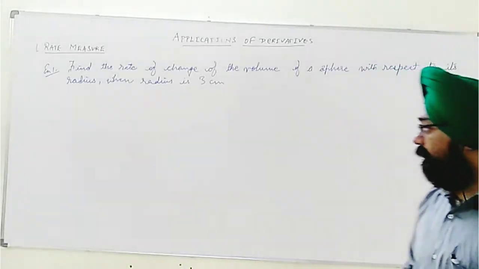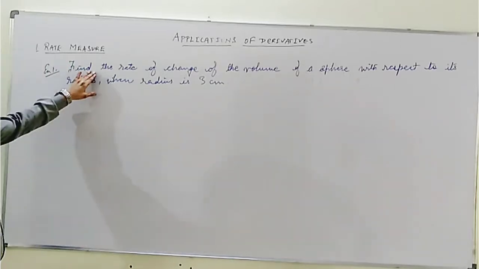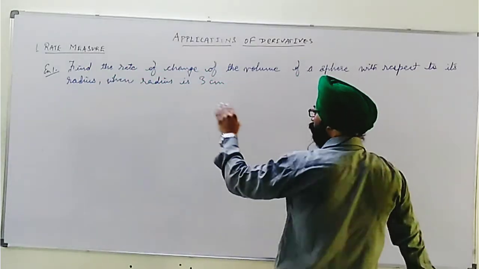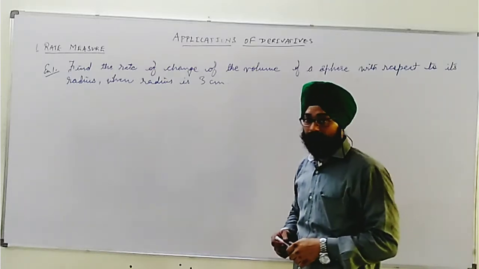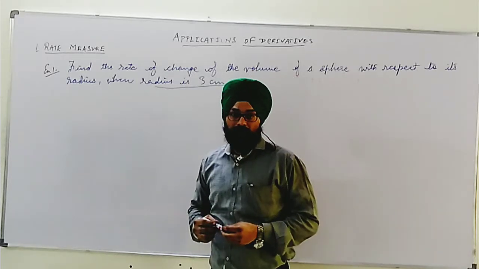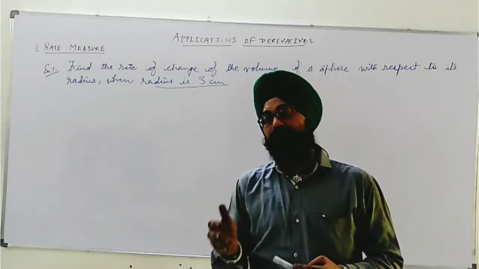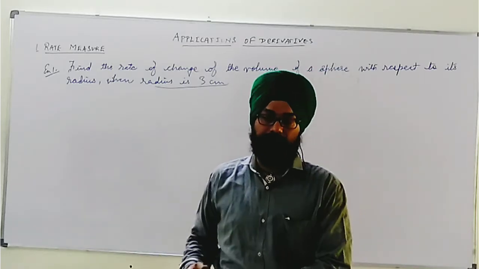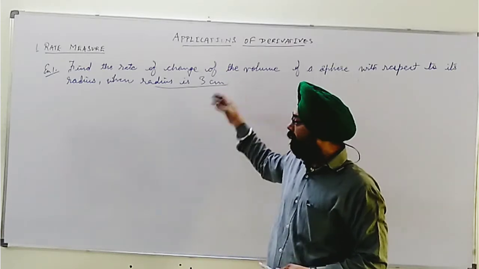This example we can consider one of the easiest things for the beginning. Find the rate of change of the volume of a sphere with respect to its radius, when radius is given at 3 cm. First thing you should note down that whenever you are given this, radius is 3 cm, it's a condition, and this will always be used at the last of the solution. Whenever we are done with all the differentiation part, only then will we substitute the value given. It's a particular condition at which we have to obtain the required change.